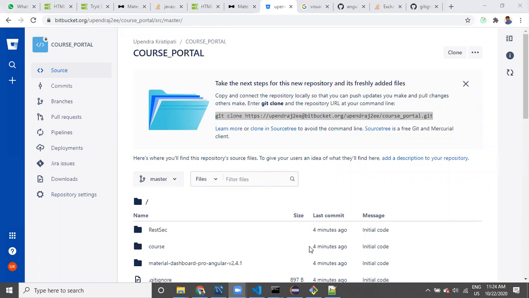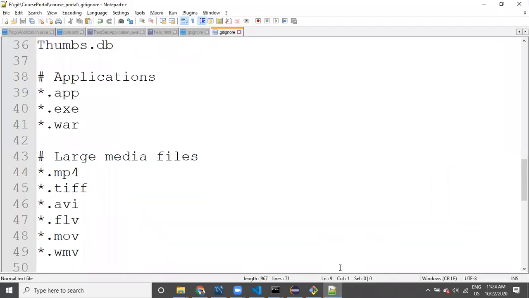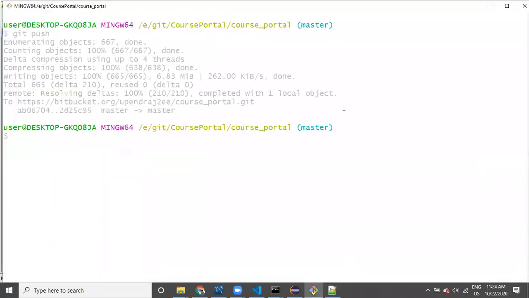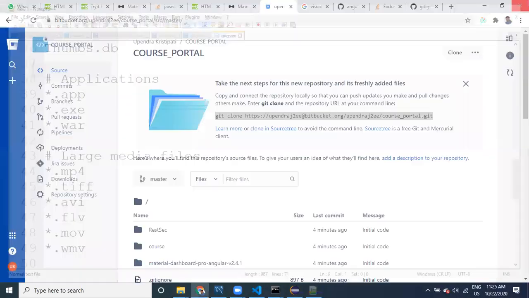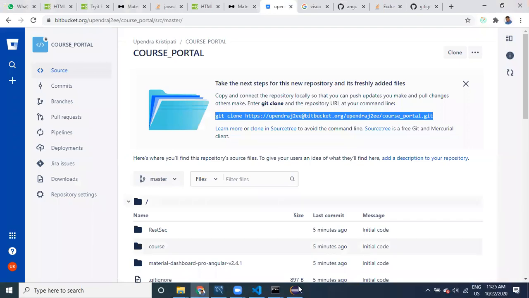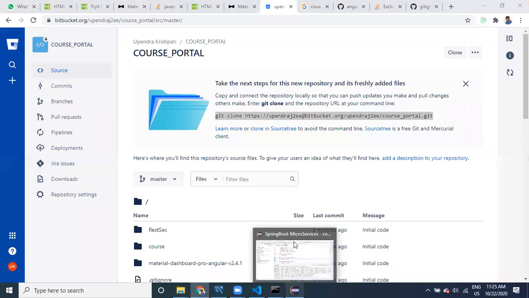Let me do one thing. Assume this is my new machine. I will close all the files. See here, let me close everything.